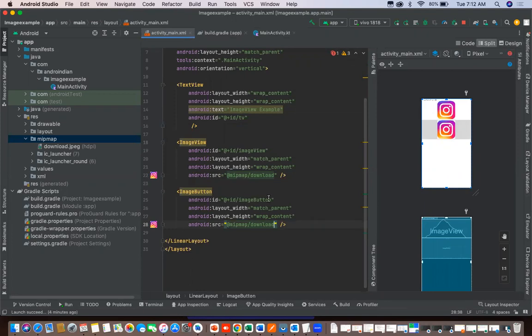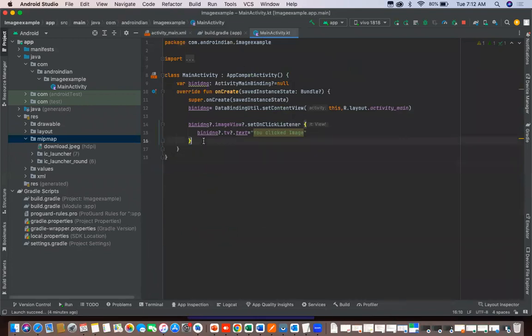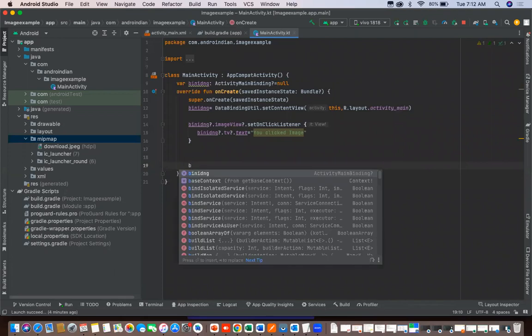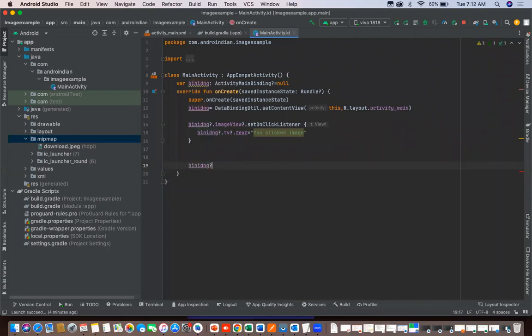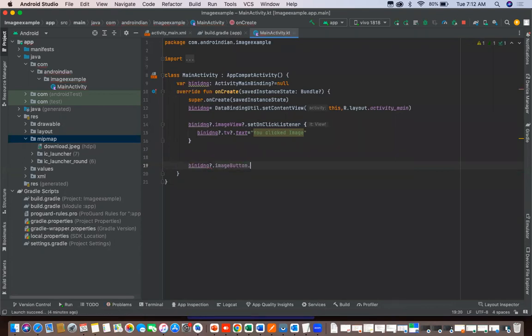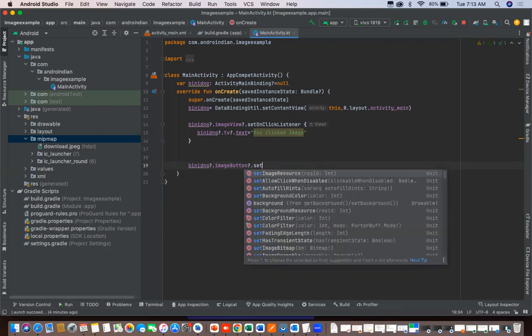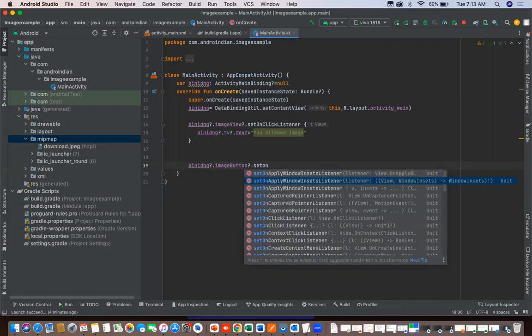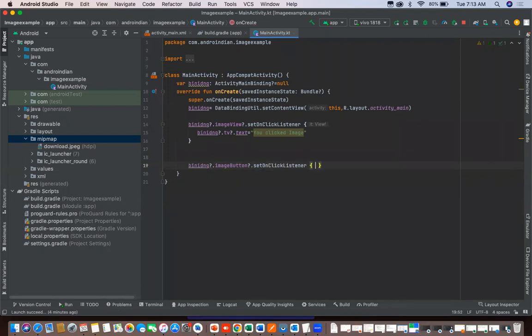Now, for this, we will apply the listener. The simple way: data binding and everything is already enabled. So here I'll write download dot image button dot set on click listener. Once we apply the on click listener, here I'll put binding dot